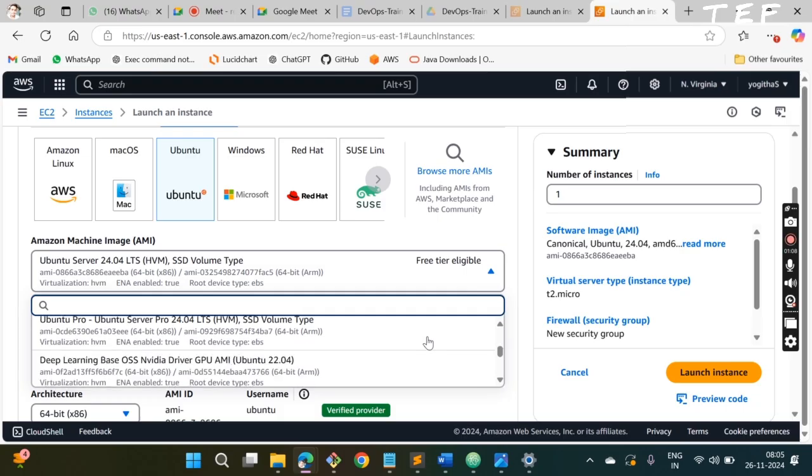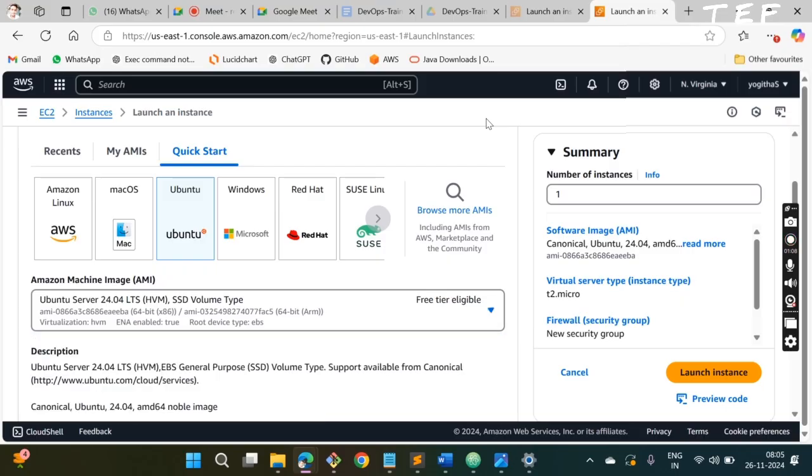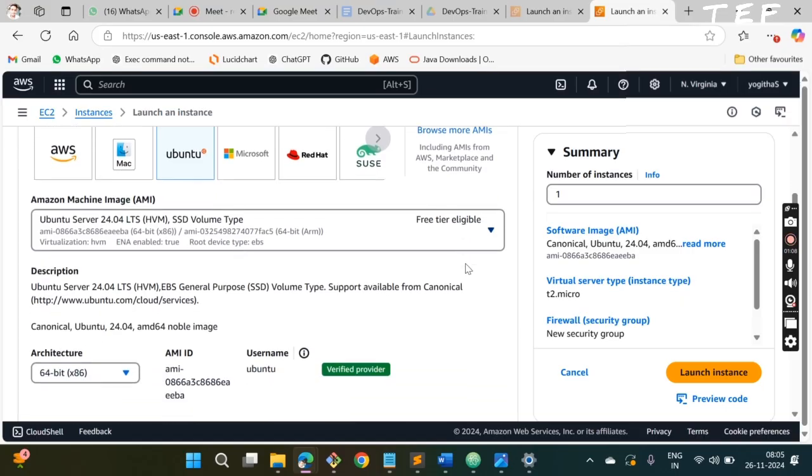So by default, we have some images. AWS provides some images. See, this is eligible for free tier. We are using a free tier account, right? So I am selecting the default one, and